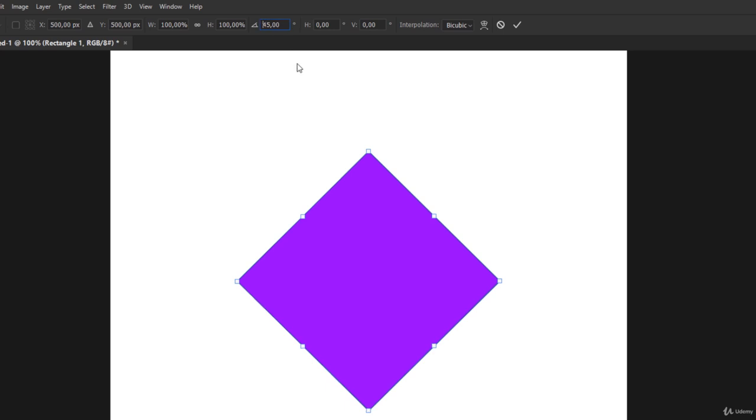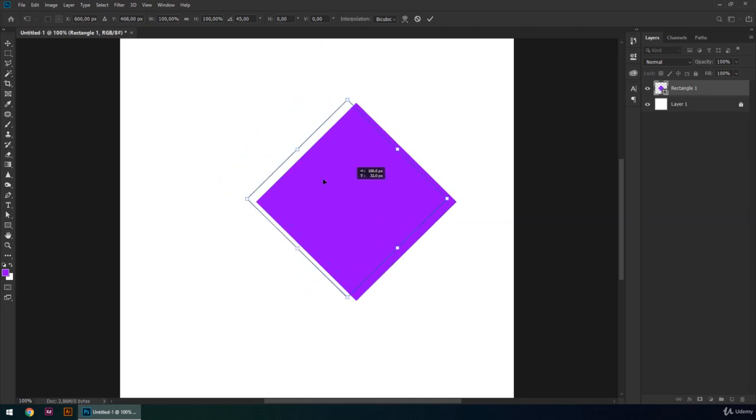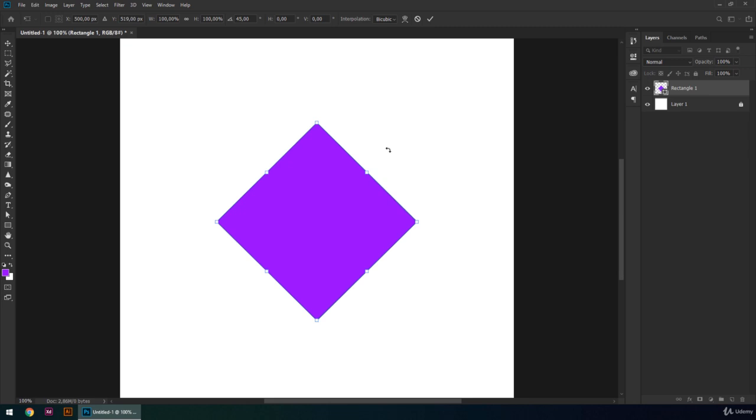Not all projects require this level of precision, so from time to time you may want to work on the canvas directly. Here's the thing you have to be aware of. We're still in free transform mode, right? We know that in order to rotate our element, the cursor has to be placed outside it. As you can see, if I hover over it, I get another symbol, and if I click and drag, I'm repositioning the entire thing. So I'll move outside it, and we can see these two arrows that allow us to